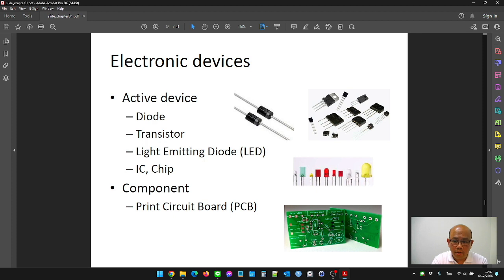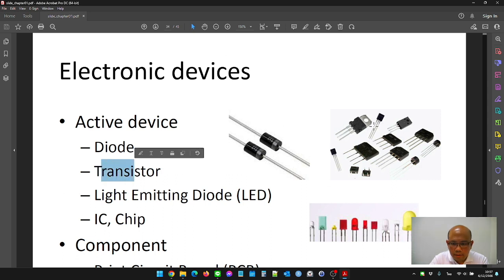When you have pure silicon and mix it with boron or antimony, that will be P-type and N-type. The active device in this picture is a diode,